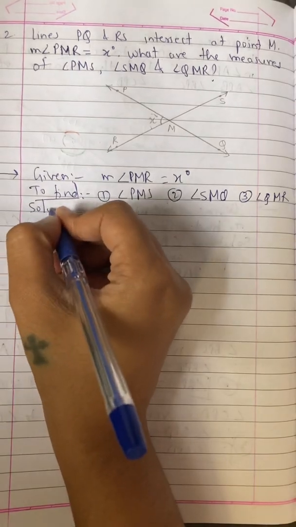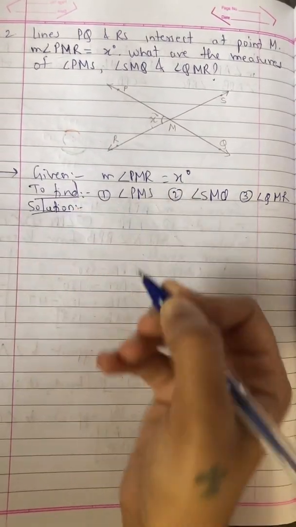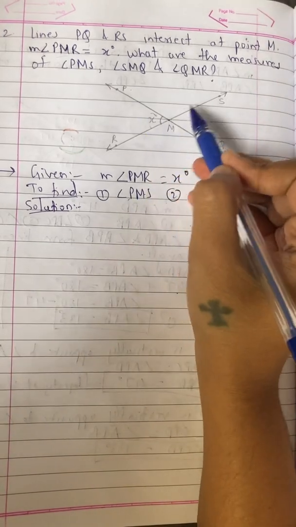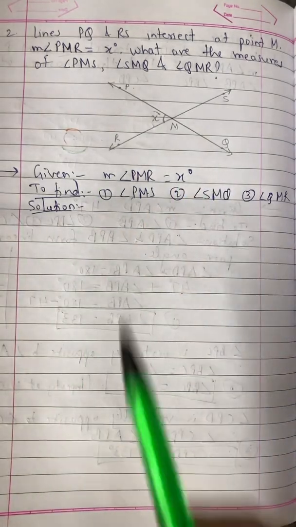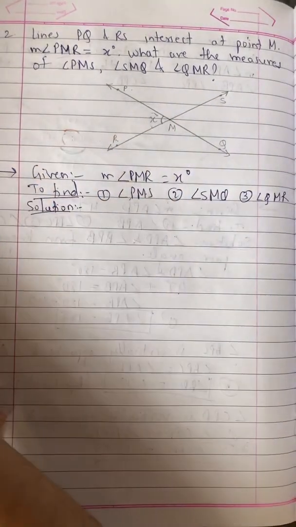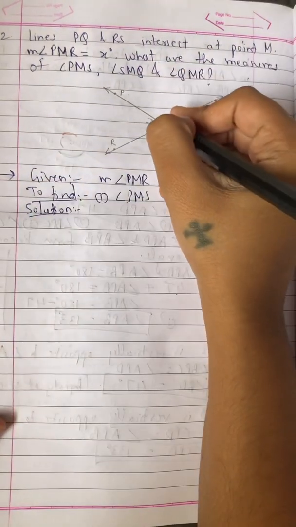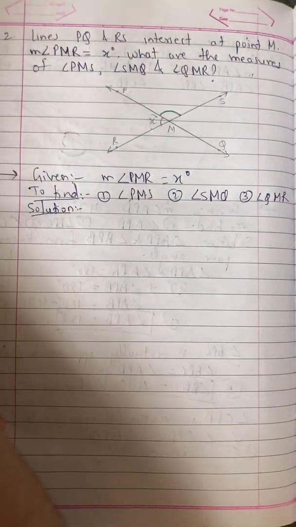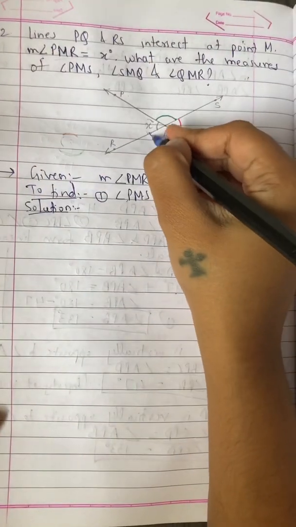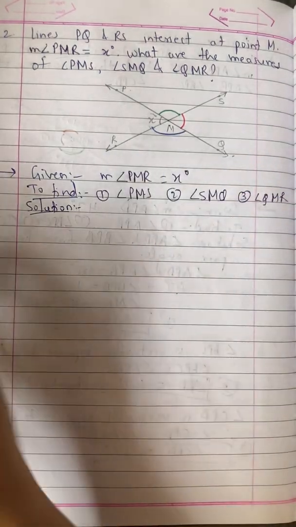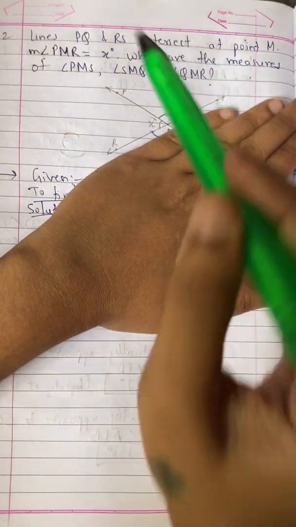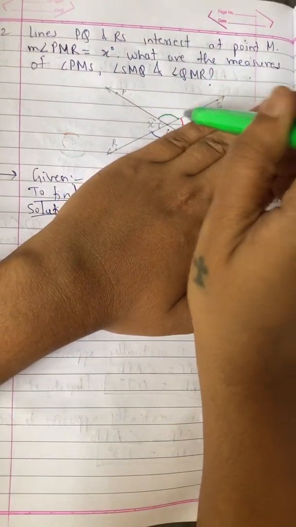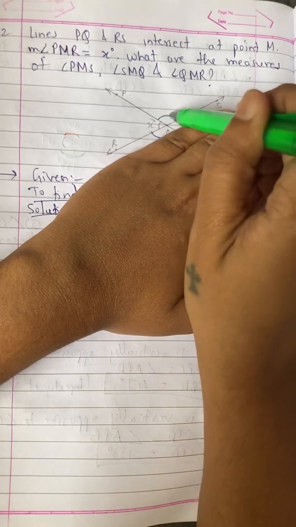Alright. Now let us write down the solution. Now let us find out first PMS. Now same thing we have to repeat what we did in last sum. So x डिग्री हमारे पास है. अगर PMS चाहिए, I'll again highlight with different colors. PMS अभी चाहिए. We also want SMQ and we also want QMR. Okay. So first let us find out PMS. Green color let us find out. So I'll block the other side and let us see x जो है और PMS green color जो highlight किया है. Those two are which pair of angles?